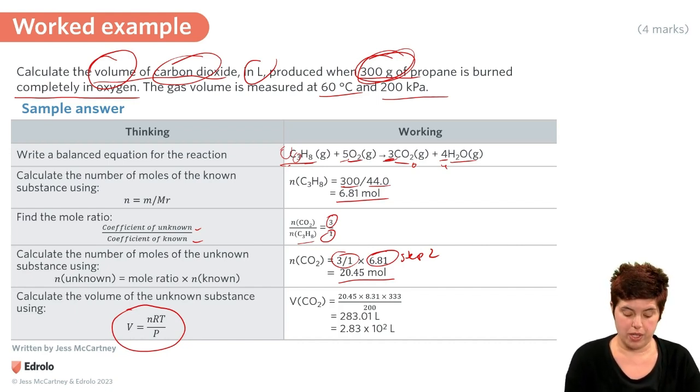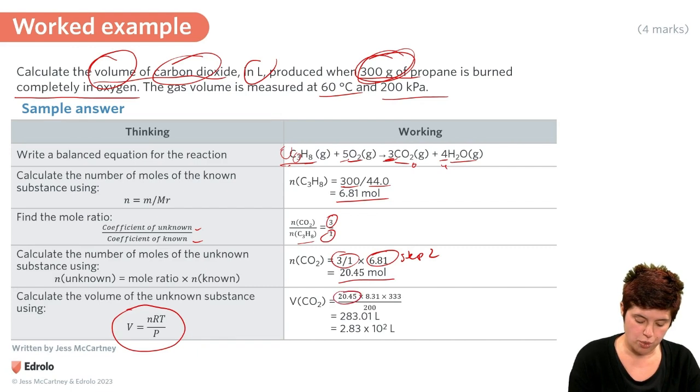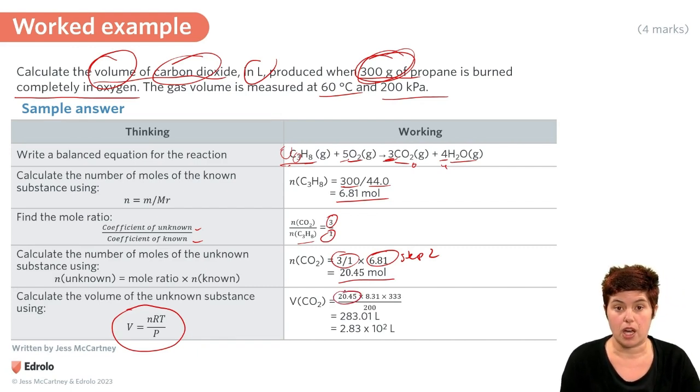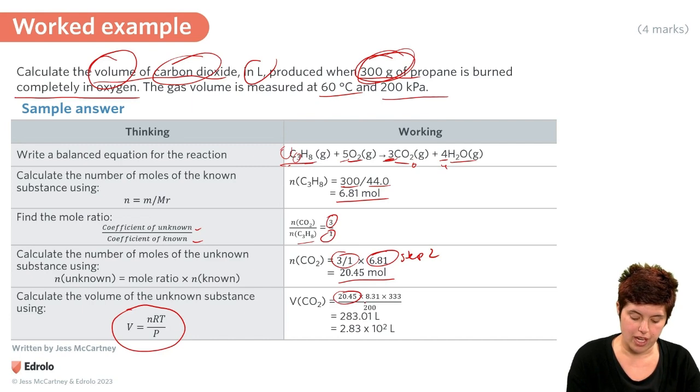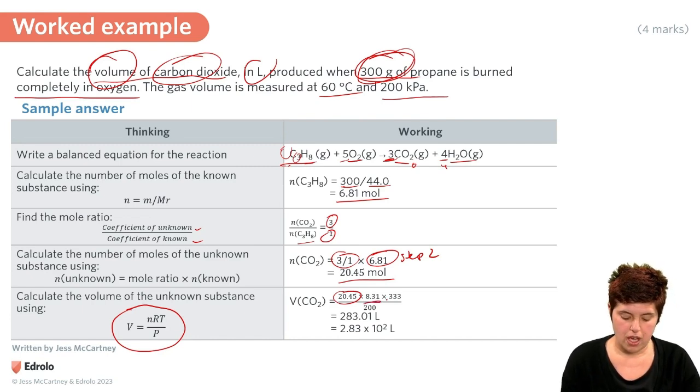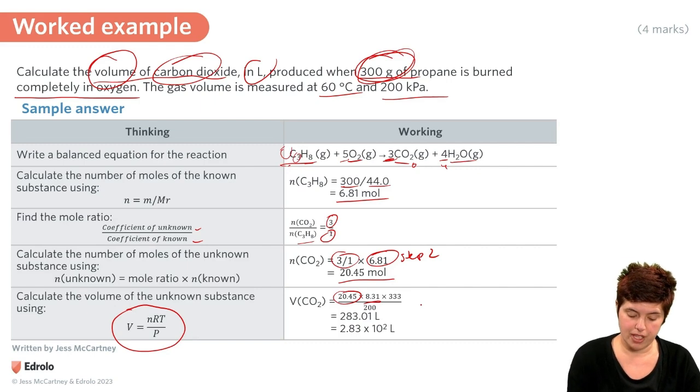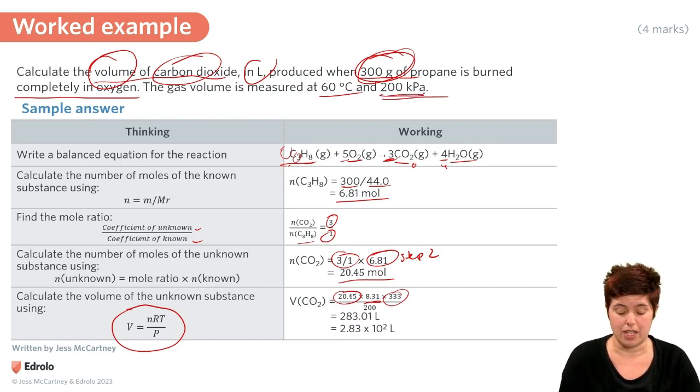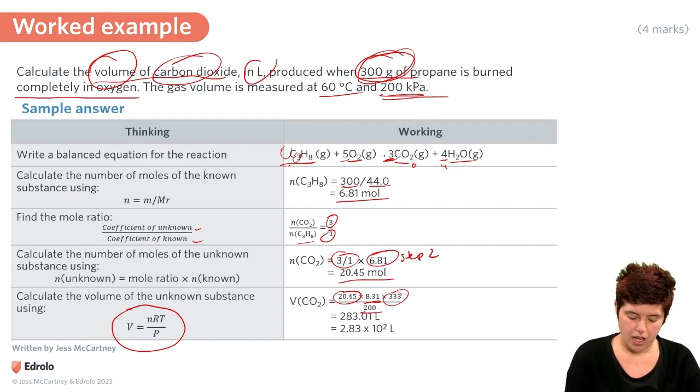So the mole is what we calculated in step 4, so that's 20.45, times by the R, which is the constant found in your data book, 8.31, which is that one there, times by the temperature. Now, the temperature needs to be in Kelvin, so you need to add the 60 degrees to 273, and that gives us 333. And divided by the pressure, which is already in kPa, so we do not need to do any conversions here. So that's going to go straight as it is. Put it all in your calculator, and you get